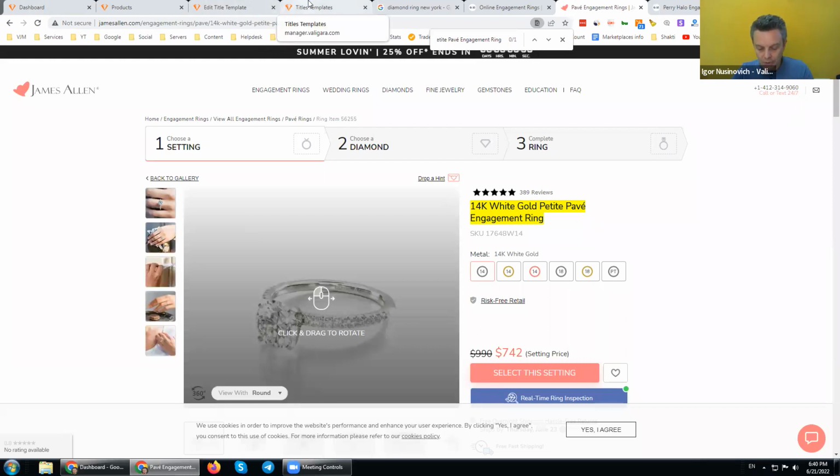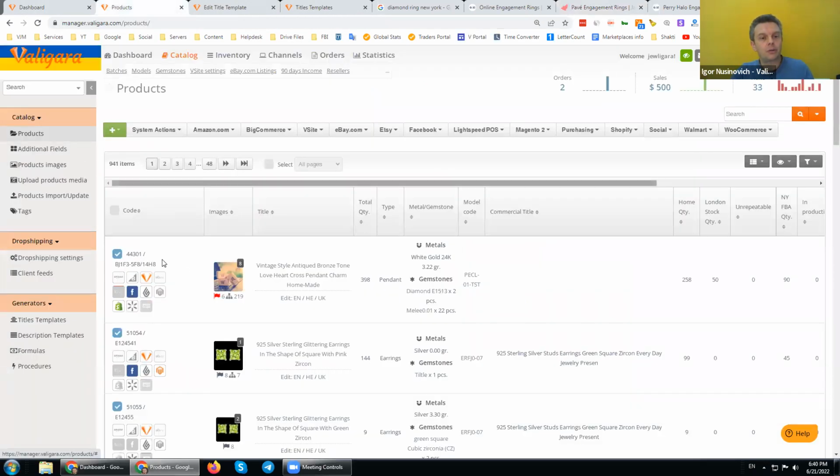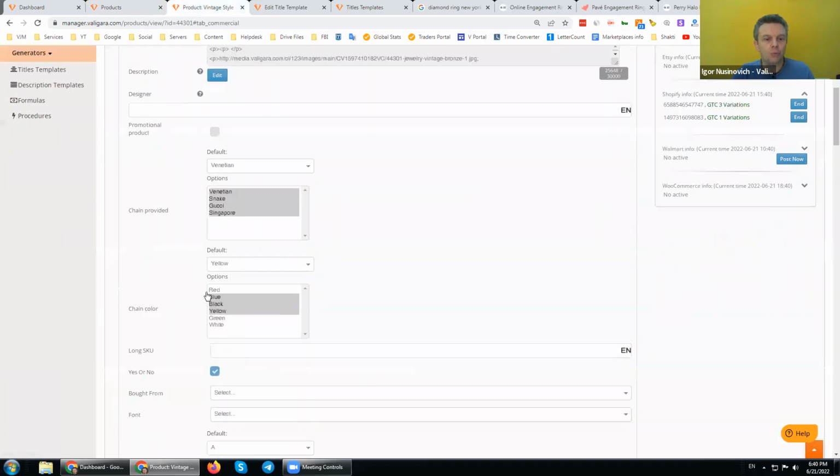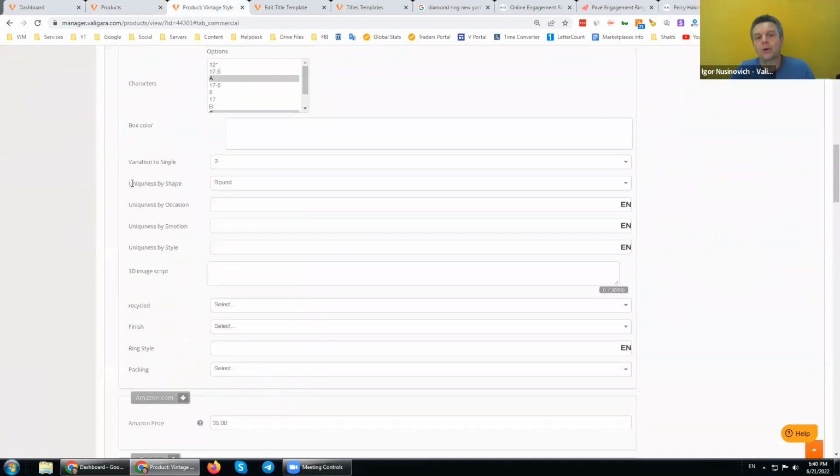Which leads us to another theme. We already touched this topic of additional fields. Now, the PIM system allows you to store your data correctly. Now, to store your data correctly, our recommendations are very simple. If we go into the commercial and into item description, we always recommend having uniqueness. We call it uniqueness fields. Now, the main uniqueness field, we need some information about the products to be able to generate the data.